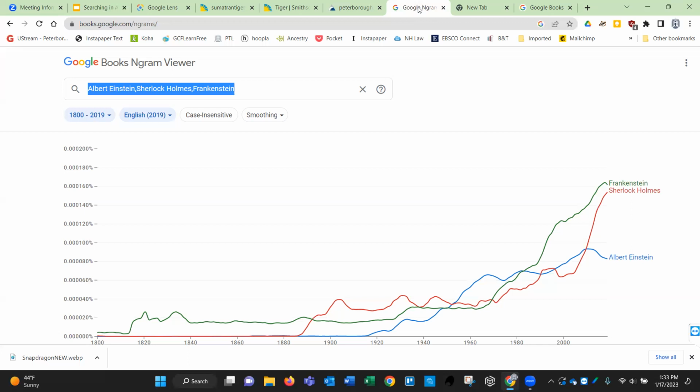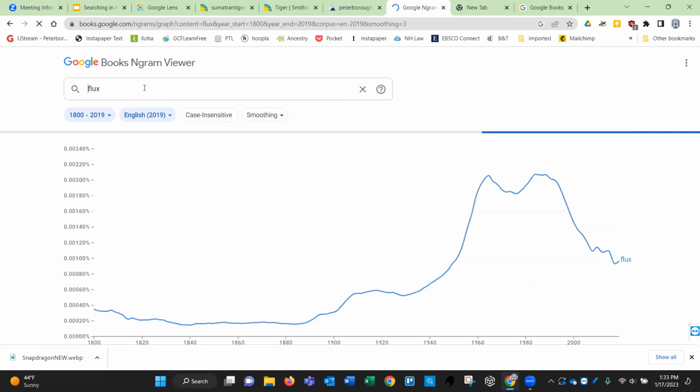So there's a great tool for this in Google Books called the Ngram Viewer. One of the terms that he had was, let's see, flux. And you can see, you can set the timing on this.